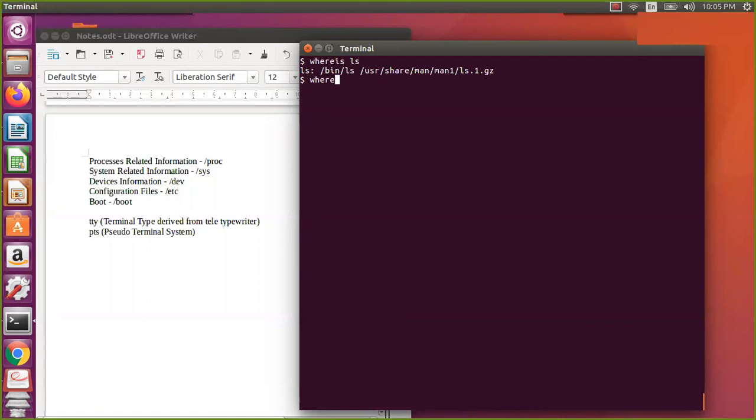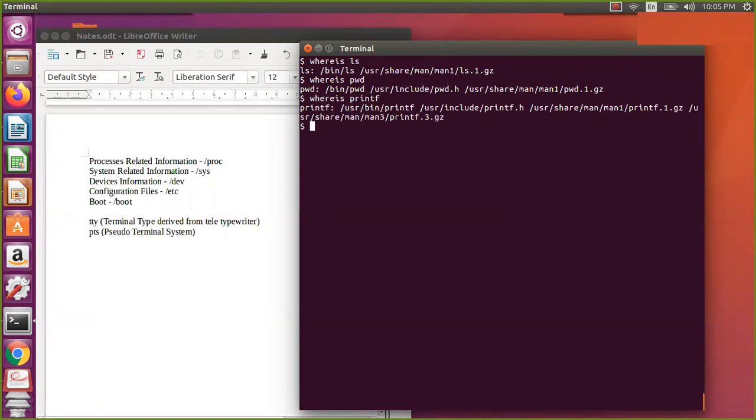Now let us assume whereis pwd. If you see here, pwd has the binary which is available here, the header files are available in /usr/include, and then the manual page. So whereis will tell you where that particular file is. Let us assume I want printf.